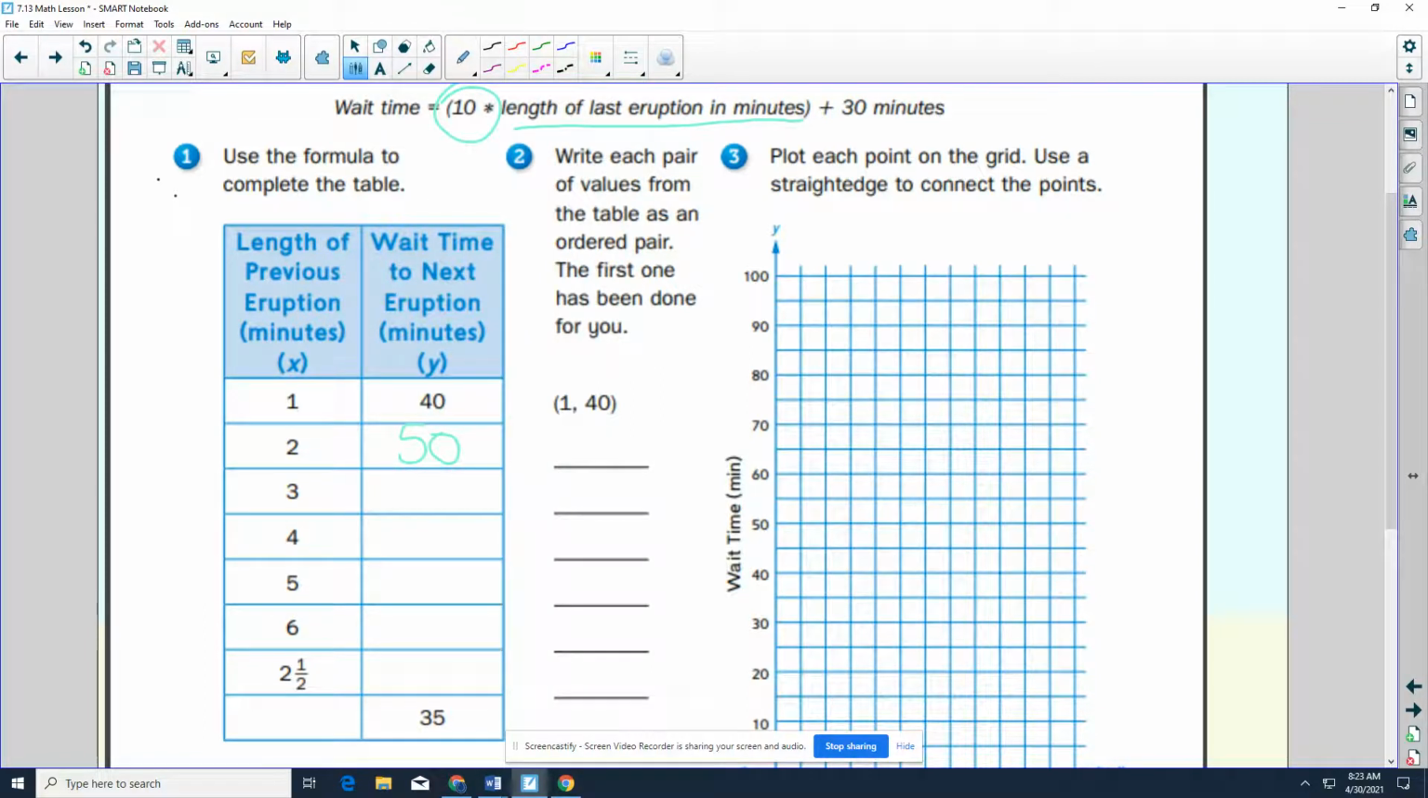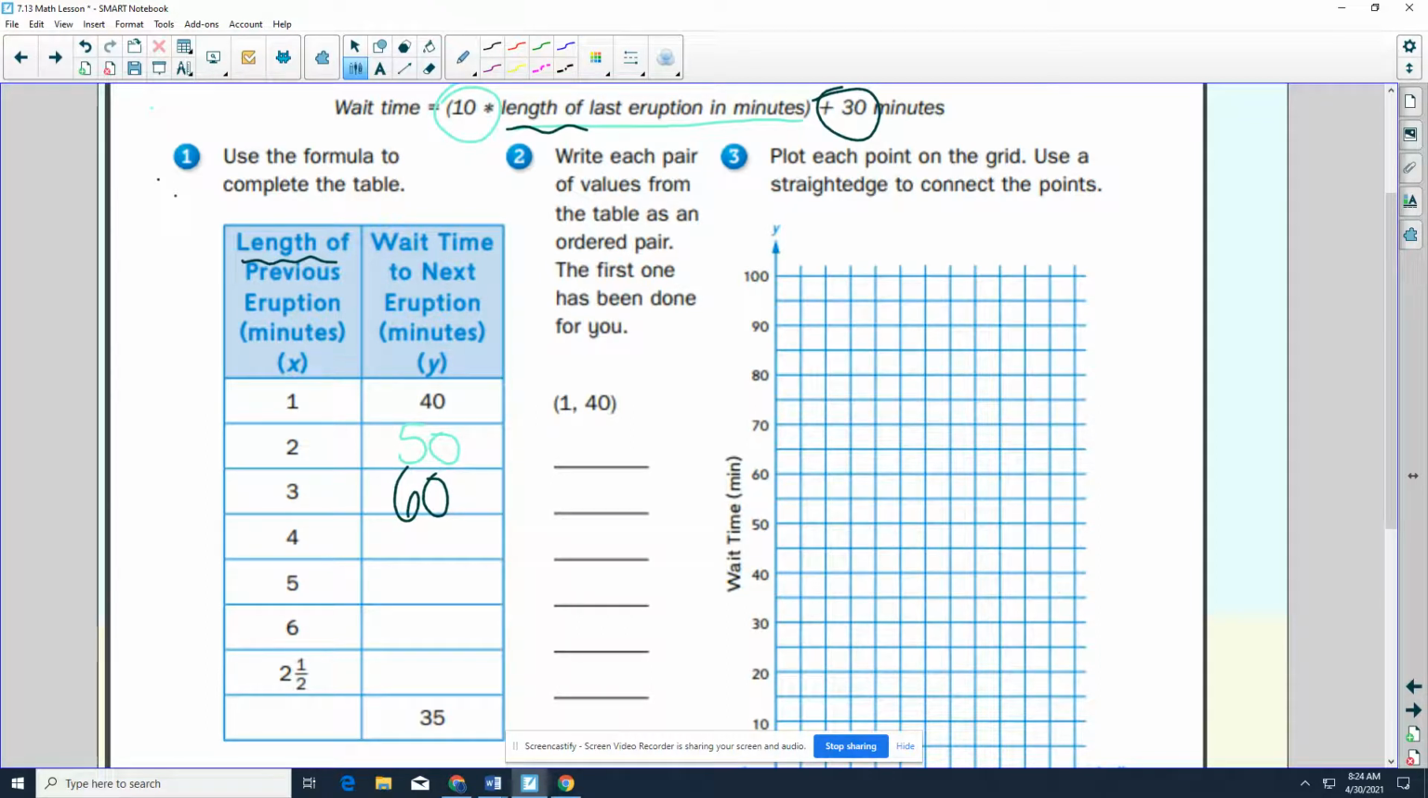I would say the length here. So the length multiplied by 10, which 3 times 10 is 30, plus 30 more minutes. So 30 plus 30 is 60. Now look down here at the very bottom. They tell us the opposite. So they tell us that we have